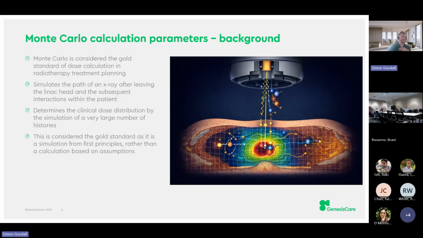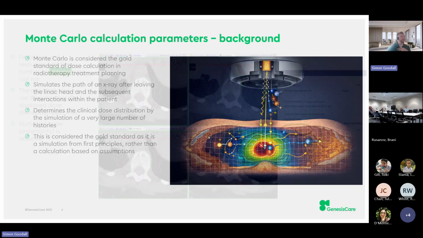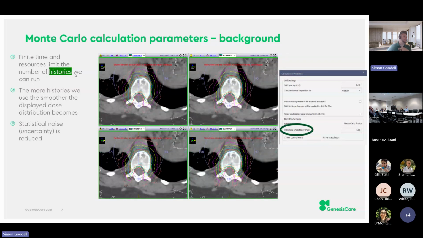Instead of completing a calculation resulting in a dose, we end up with an actual simulation, which means that every time we run one of these particles through, we get one track or one history, and then we have to keep doing more and more to simulate what would be done in a real-world situation. Then we determine the dose at different locations within the body. We like this from a physics perspective because it's simulated from first principles rather than calculated with underlying assumptions or approximations. Theoretically, in reality, these have some assumptions made, but fundamentally they're there.